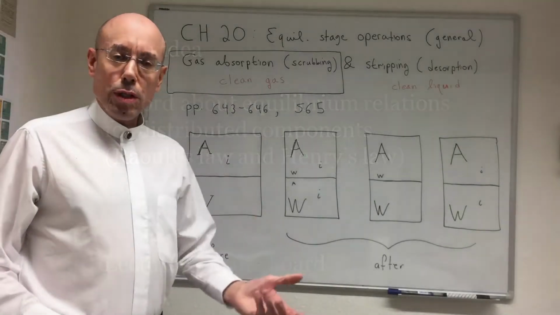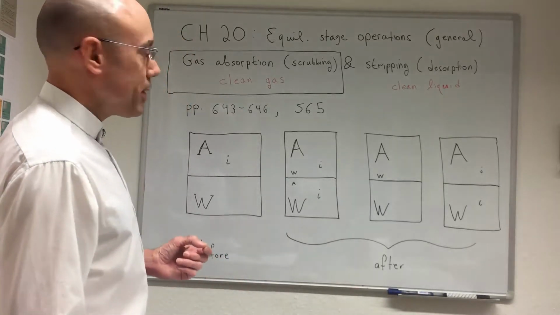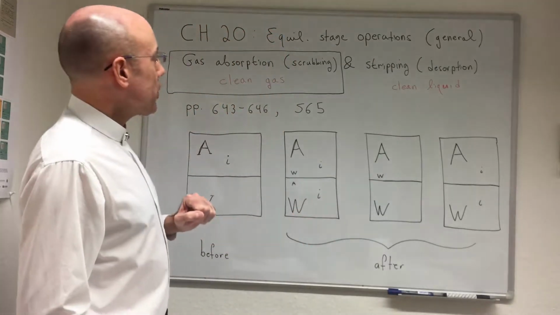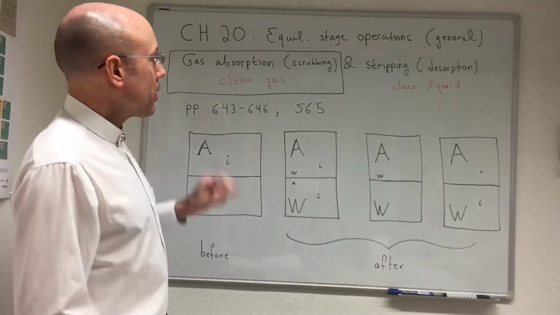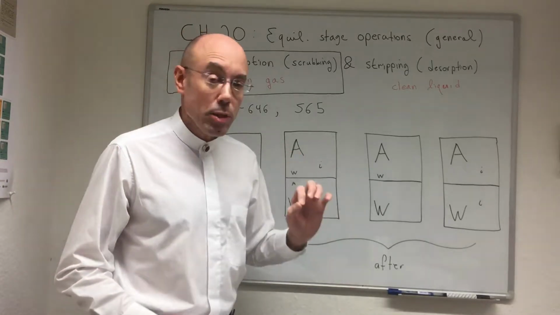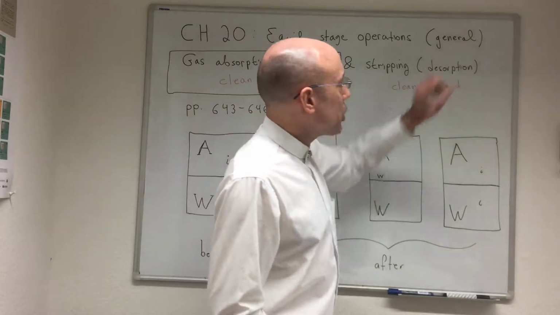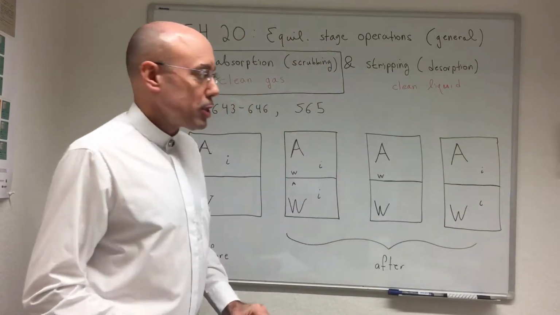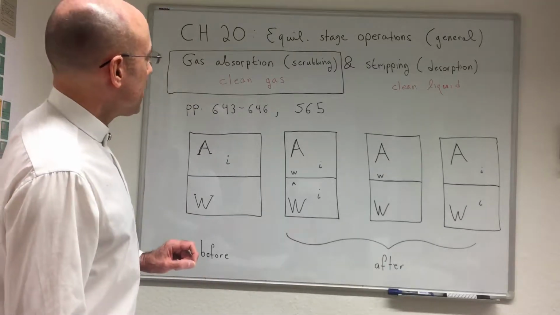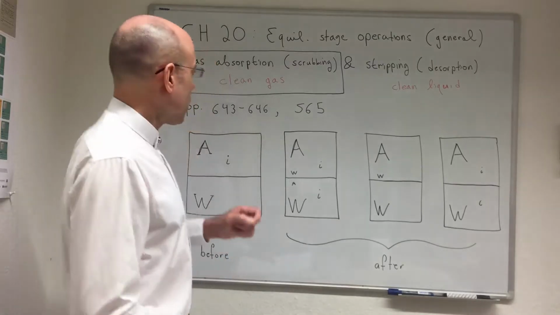So, our first separations process. We're starting chapter 20, equilibrium stage operations. This chapter is quite general in the sense that everything is discussed here from the perspective of mass balances, and the use of equilibrium relationship is completely general, applies to all separation processes. That said, what this chapter really is the treatment of the first separations process that we're going to be talking